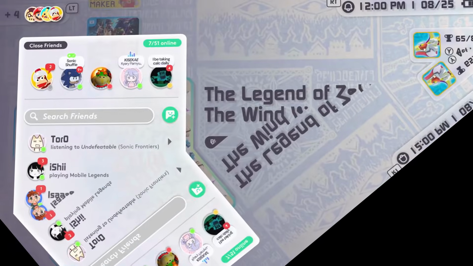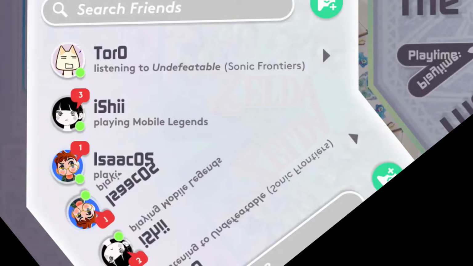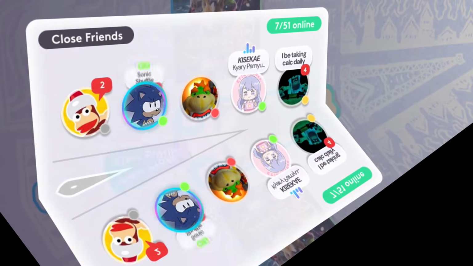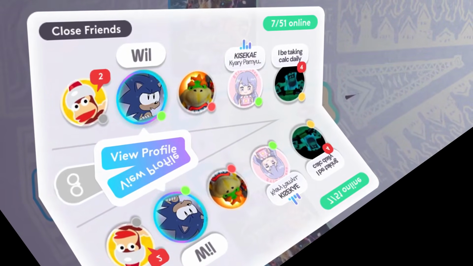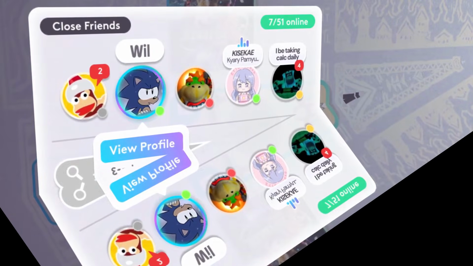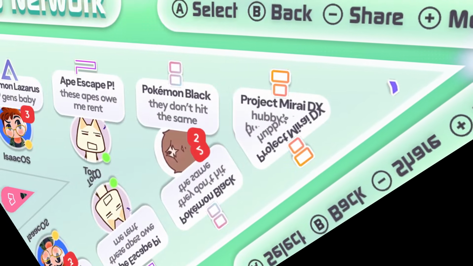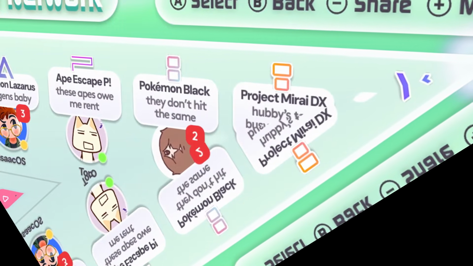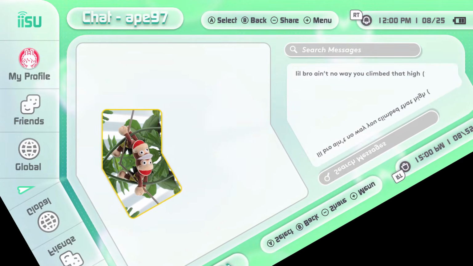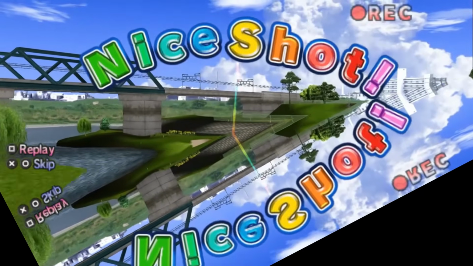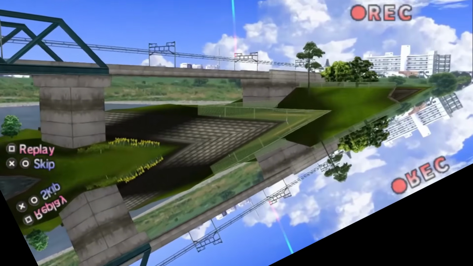This also ties into iiSU's built-in friends system, which can be accessed on the top left corner. Here you can see who's online, what they're up to, among a few other things, which we'll get back to. Your friends will be the first ones to appear in your welcome feed upon entering the Pick Numbers tab, keeping you connected to the people closest to you at all times. Some features exclusive to iiSU's UI include instant messaging. What better way to spend your time playing in a text game than to